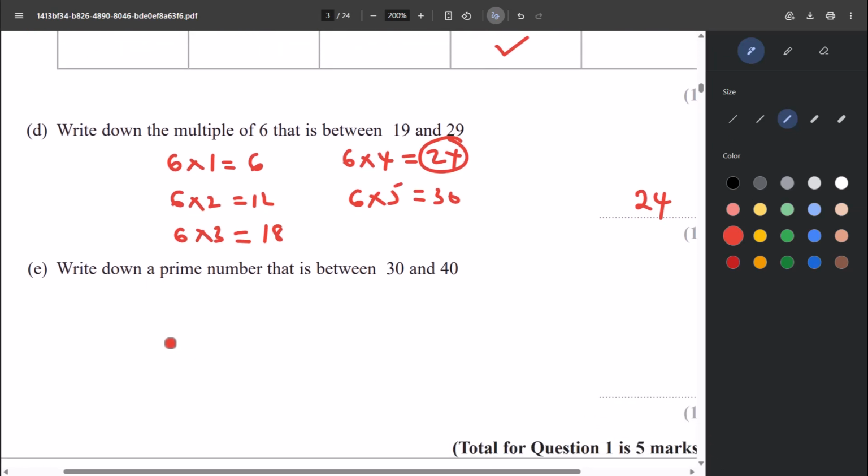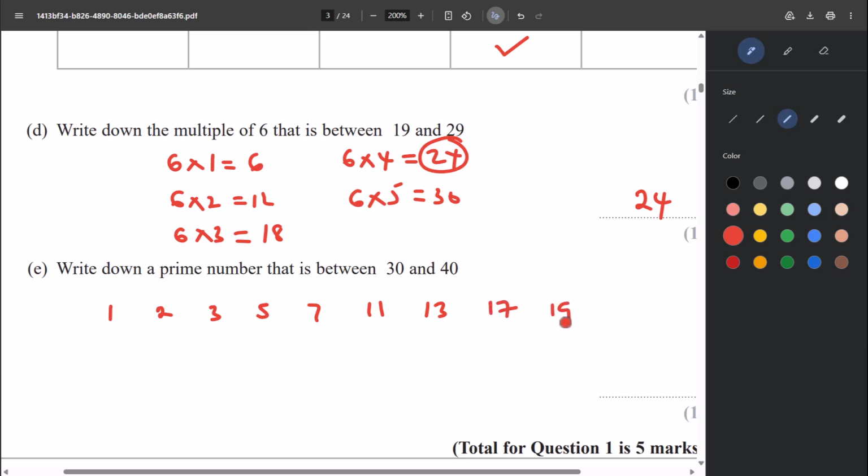Now, write down a prime number that is between 30 and 40. Again, for this, I'm going to write out the prime numbers, and then at the end, I will select the number that is between 30 and 40. Now, these are the numbers we can think of that should be less than 40: 1, 2, 3, 5, 7, 11, 13,